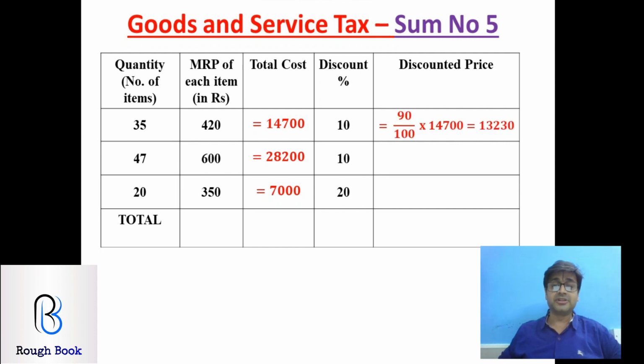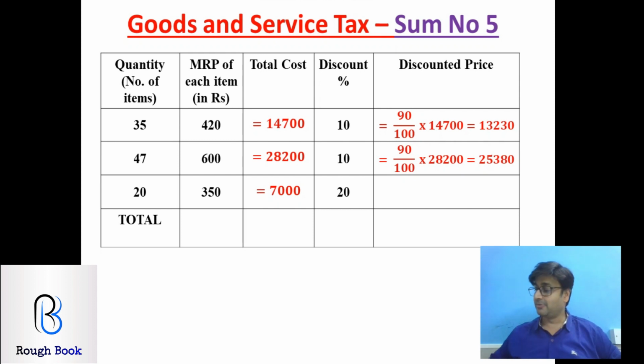Okay. So 90% should be 13,230. I gave you the first one. Come on, get me the second and the third. Even I am calculating 90% of 28,200. So let's see if we all manage to get the same answer. 9 2s are 18, 7, 9 2s are 18 plus 7, 25, 0. So 25,380 is what I get. 25,380. Did you get the same? Amazing. Not by copying, on your own.